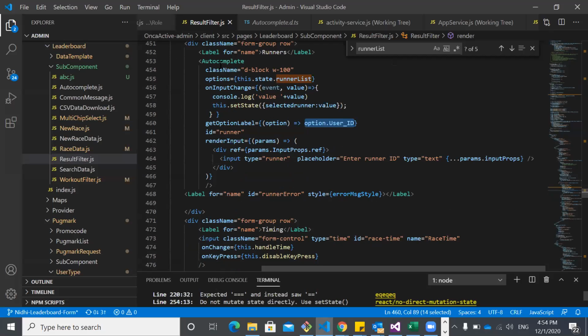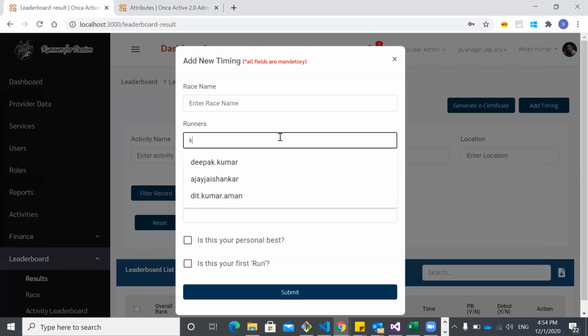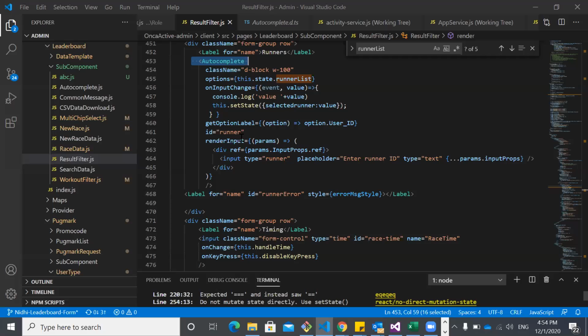And this autocomplete is inbuilt. If you do npm install and install the package for autocomplete, it will by default take these features and filter. If we type Kumar, it will filter that data and display the filtered data.